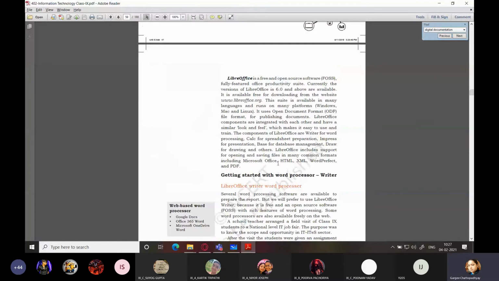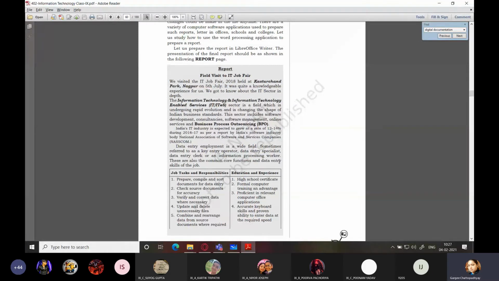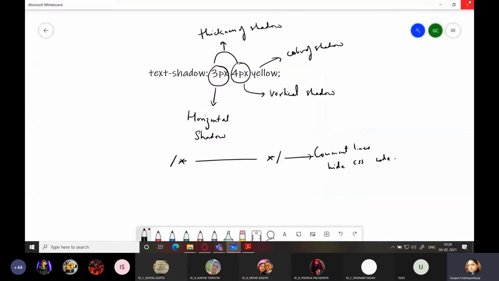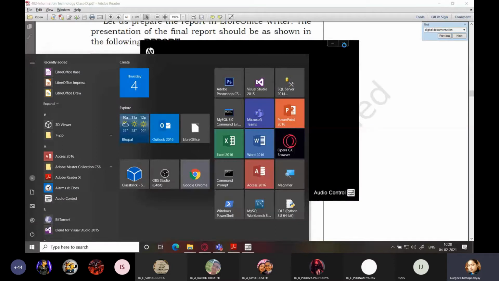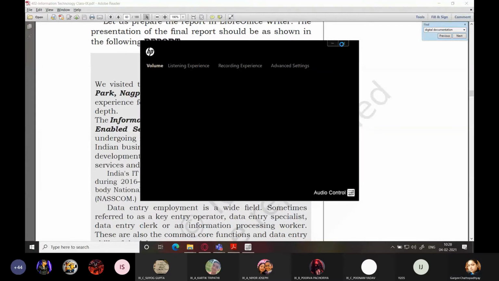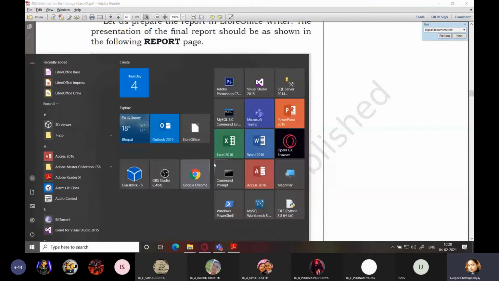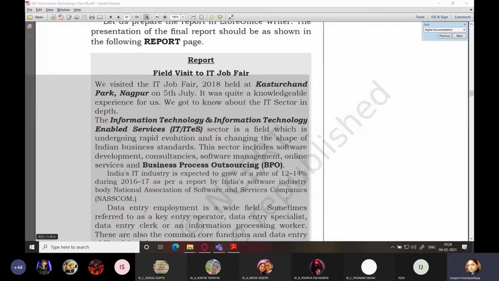So we had seen getting started, and this is a simple document which we were creating. So I'm going to open LibreOffice Writer. Just watch it very carefully how we open LibreOffice Writer. I accidentally opened HP. One second, just let me close this window. I'll open my Glassbrick application, which helps me to magnify certain areas on the screen.